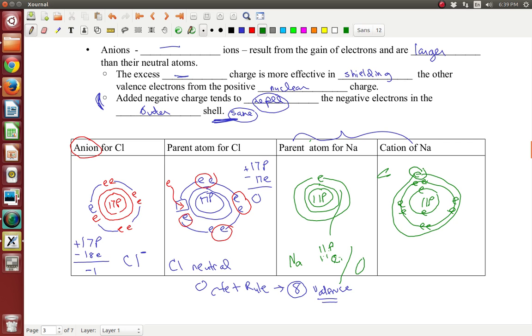Well, that electron goes away. This electron, in fact, usually is given to something like chlorine. That electron goes away. When that happens, this energy level right here, that entire energy level disappears. So we could erase this entire energy level. And as that energy level goes away, and that electron goes away, we can see that sodium, the cation of sodium now,